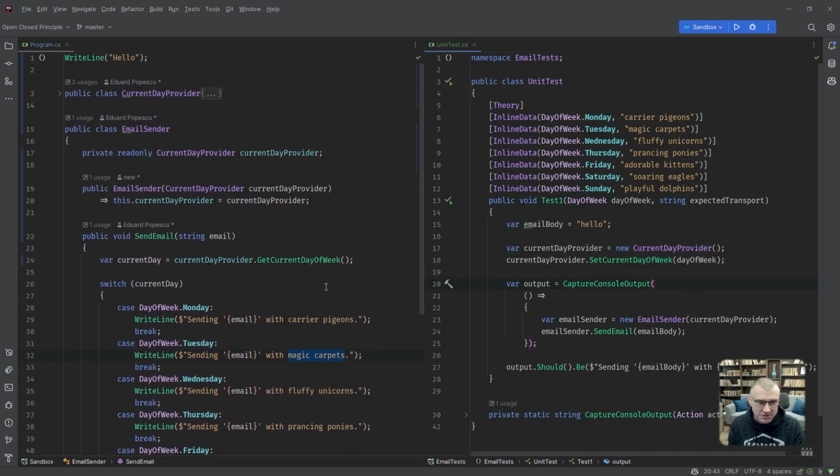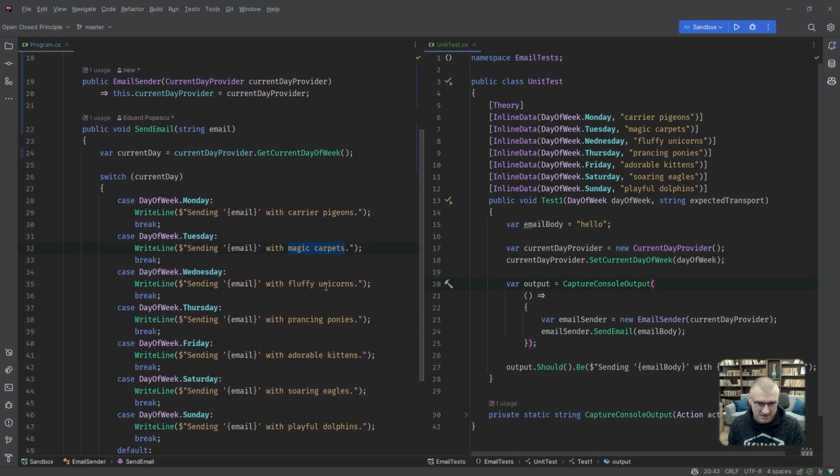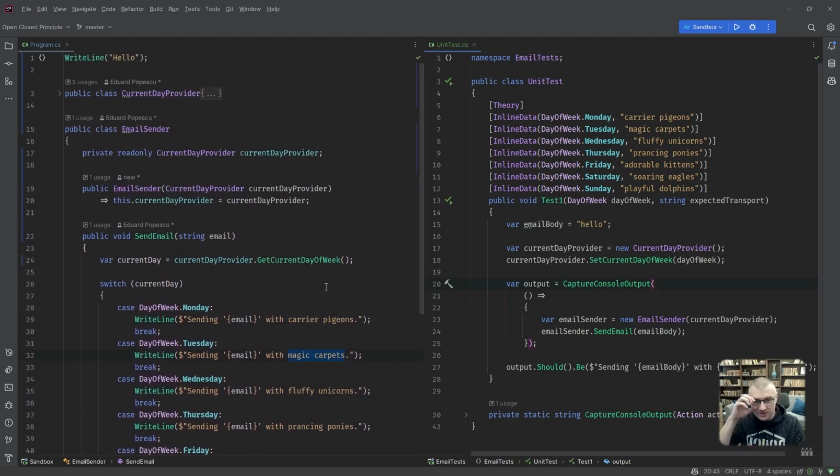So we managed to test all our hard-coded test cases, okay? So this is right in the console. We managed to divert the console. This was getting the current day of the week from the system. Well, not anymore, because hey, we're smart.